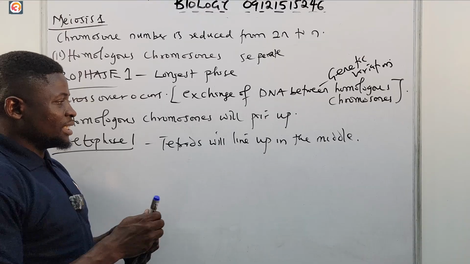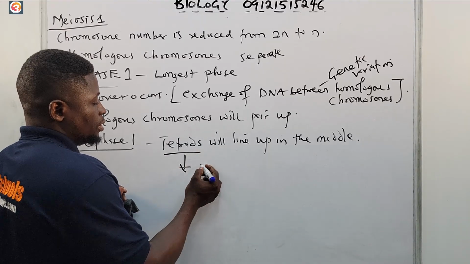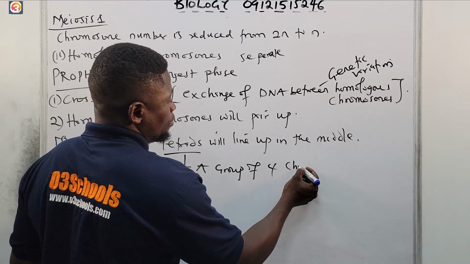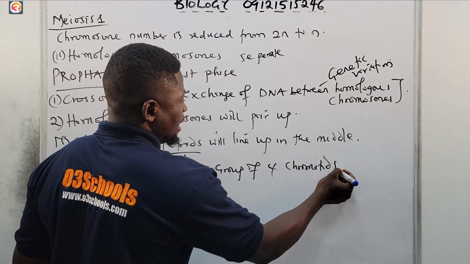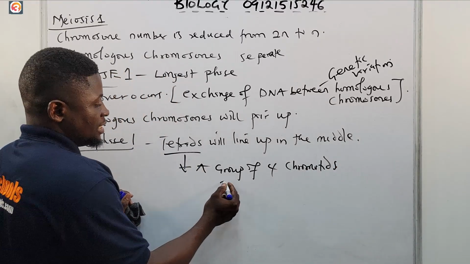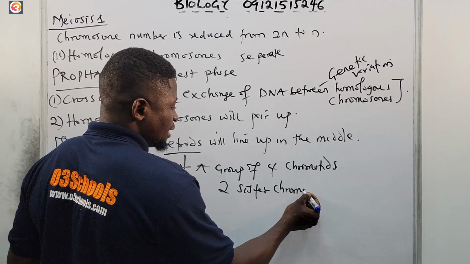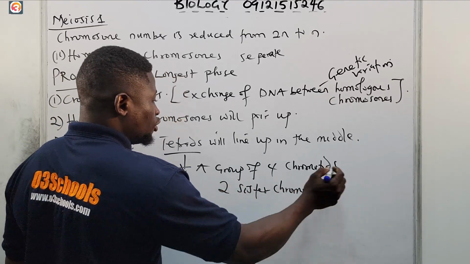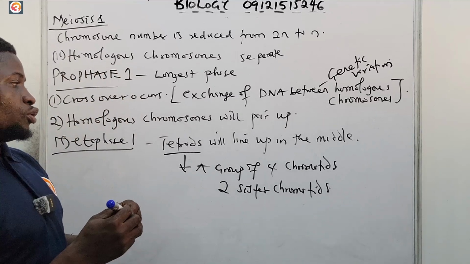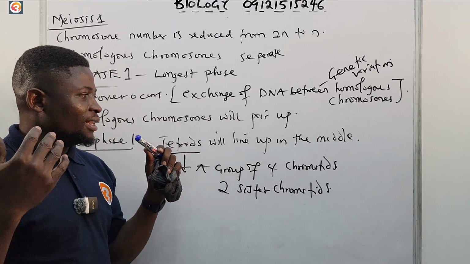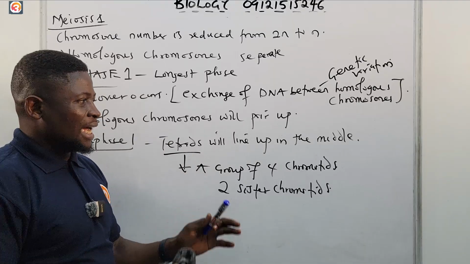And what are tetrads? They are a group of 4 chromatids. If they are in pairs, we call them sister chromatids, so 2 sister chromatids. So it's either a group of 4 chromatids or 2 sister chromatids. In metaphase 1, tetrads will line up in the middle,